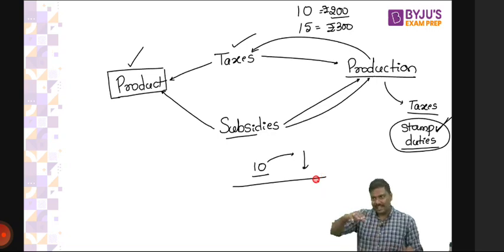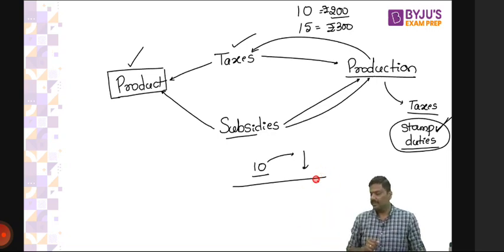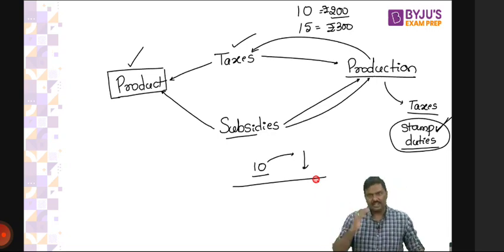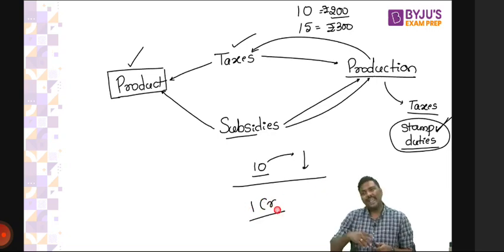Or else I'll give you one more example. Follow this. Imagine you want to set up, let's say, an electric vehicle production facility in India. The government will say, I want you to produce more vehicles. So what I will do is, you want to set up the manufacturing plant, I will give you 1 crore rupees. Take 1 crore rupees, set up the manufacturing facility.